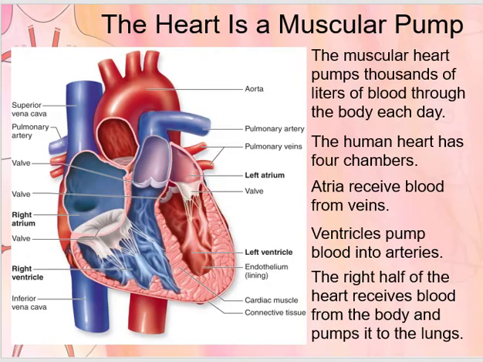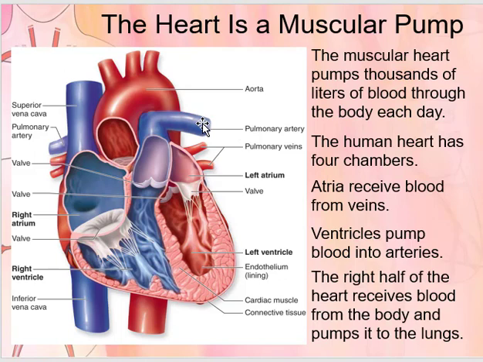Here is a better picture of a human heart. Now you have the superior vena cava. This is a vein that empties blood into our right atria. The right atria pumps blood through this valve down into the right ventricle. From the right ventricle, it leaves through this valve and goes up. This is the pulmonary artery. It's the only artery in the body without oxygenated blood, and it sends blood around to the lungs,